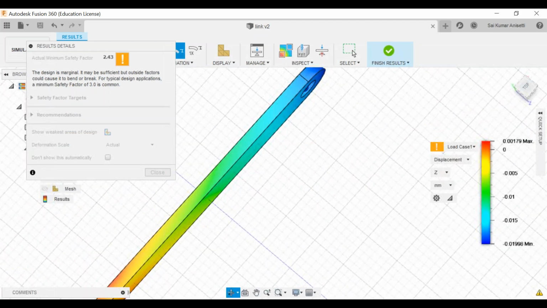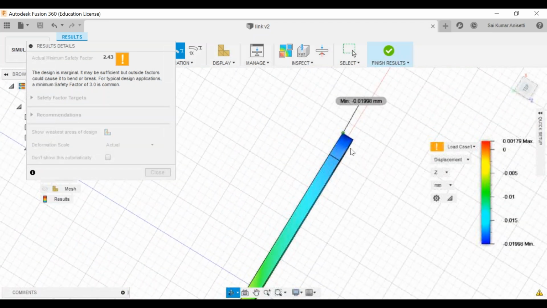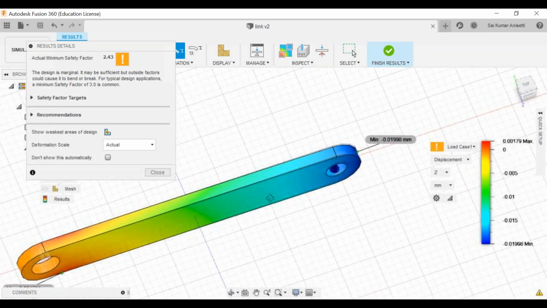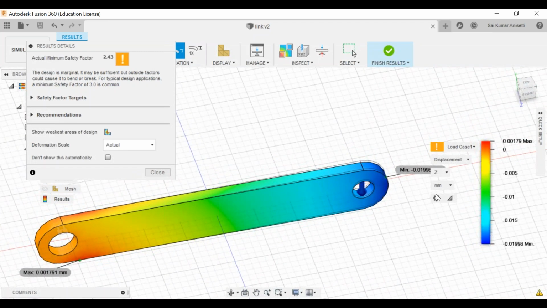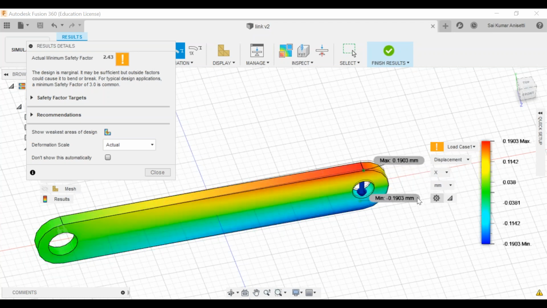You can check that from above. From this side it is minus 0.01 mm. So you have to check in all the scenarios whether directional displacement can be there or it should not be there. See, in x direction it is 0.1 mm. Is that allowed or not? You have to be precise.